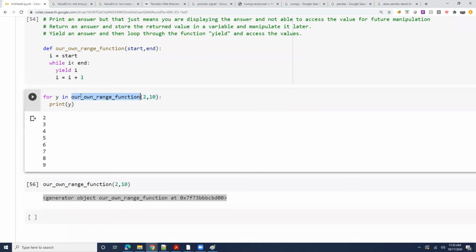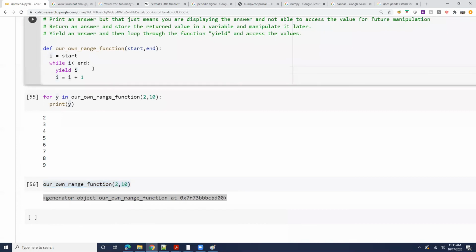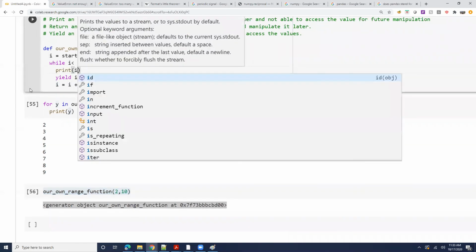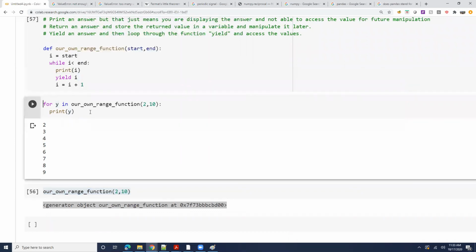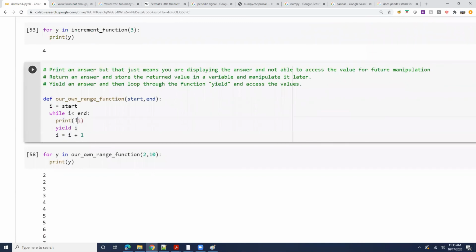Each time I call this function, it's giving me a different number. How do I prove that? Because I'm printing each time I call this function. And when I call the function directly, it doesn't do anything. Or the other way is I just print this I here, to show what it prints each time. So now I call this. Just to make sure, printing one value from here,